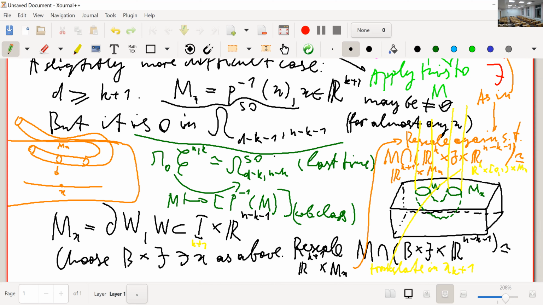I may have messed up the indices, but the idea is I have this brick of sorts, or a slab, and I attach R^k. I attach basically